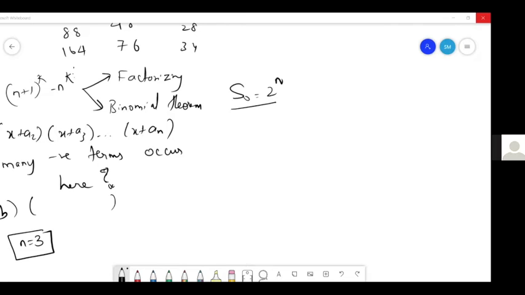Sir, 2 to the power of n, if you take paper folding, suppose you take one sheet of paper and fold it. In one fold, you get two parts, that is a bisect, no? When you draw one bisector, you get two parts. When you do two folds, you get 4 parts. Then it becomes 2 to the power of 1, 2 square, 2 cube and so on, according to the number of folds. Then it never ends at 0. If you come back once again, suppose 2, 4, 8, 16, when you come to 2 to the power of 0, then you don't get 0 at all. Correct. That way also we can look at it, right, sir?